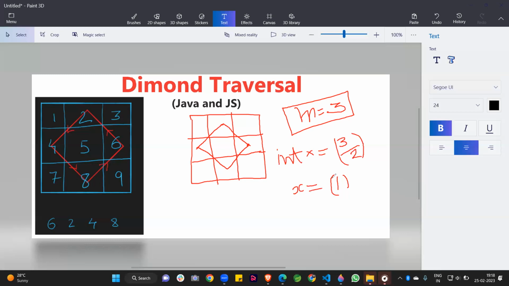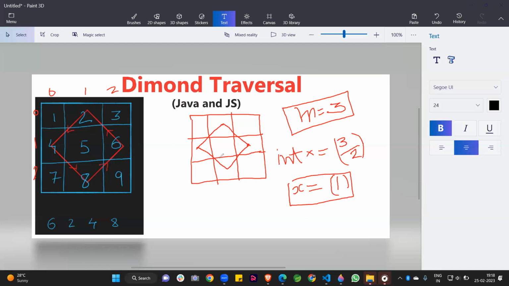This is our mid value, because the indices are 0, 1 and 2, meaning the 0th row, first row and second row. So we get the middle element.